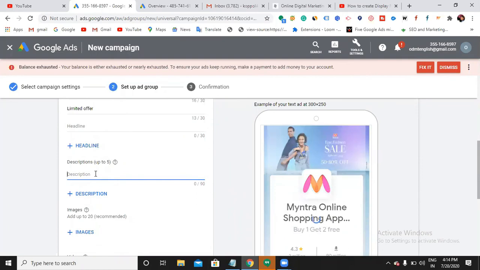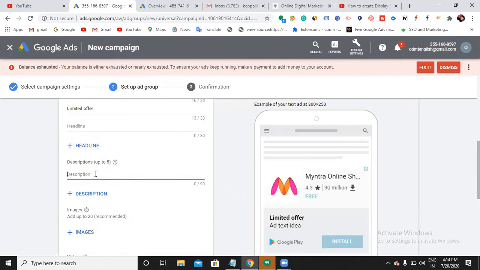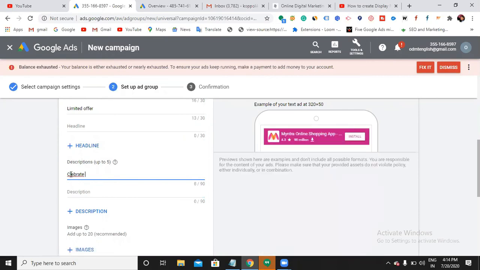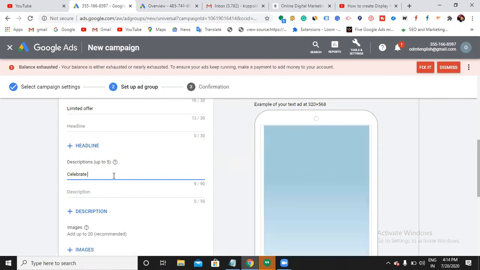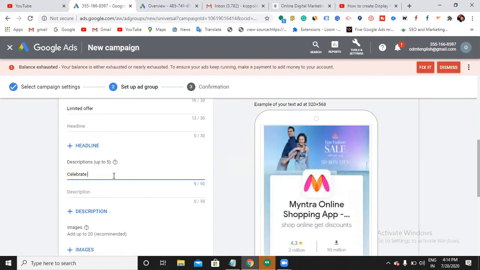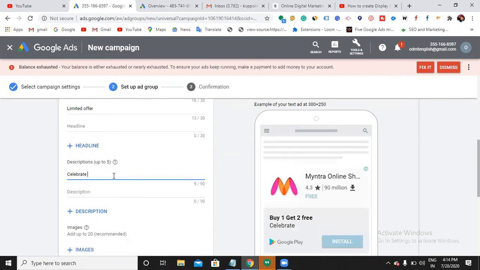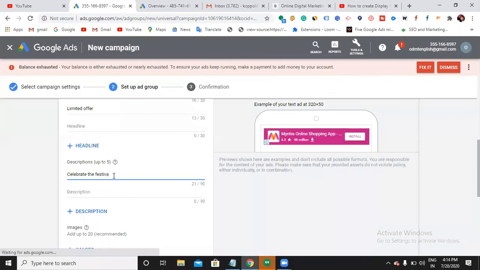Even if you run like this, you have an online store, like Insta Fashion, which has a website.